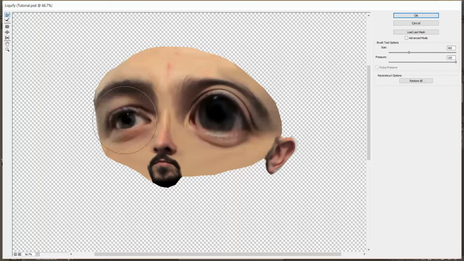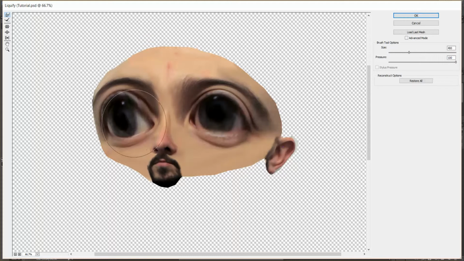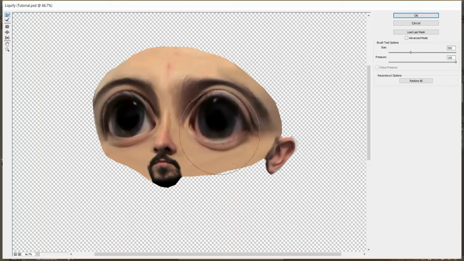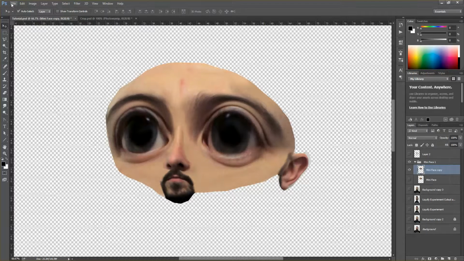Okay, and the same sort of thing over here. Just going to keep playing with that so I'll get it to the same sort of shape. And I'm just going to pull the inside of this eye around a little bit. Okay, and I'm just going to pull this side down a little bit. Okay, and I'm going to click OK, and obviously imagine I've added the body in, I've found the line, and